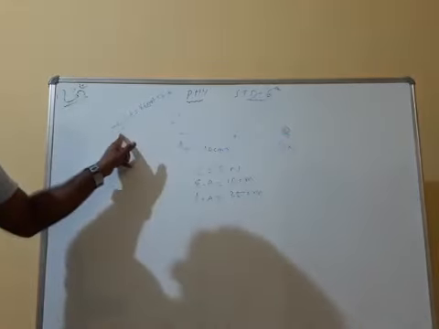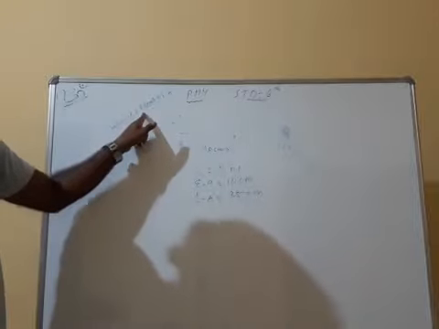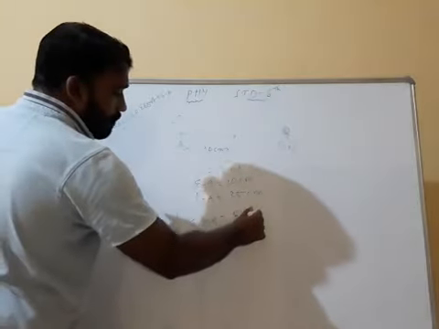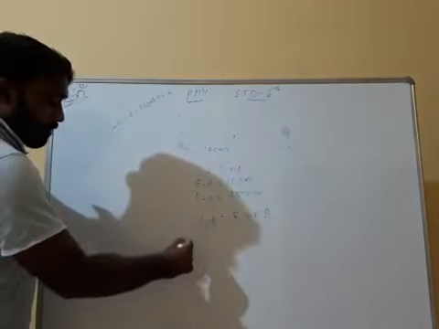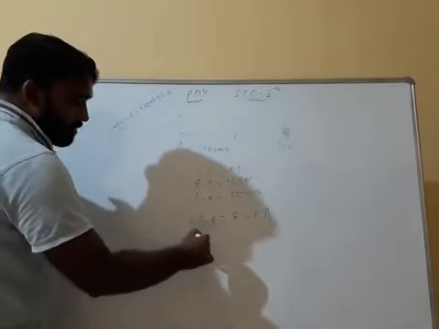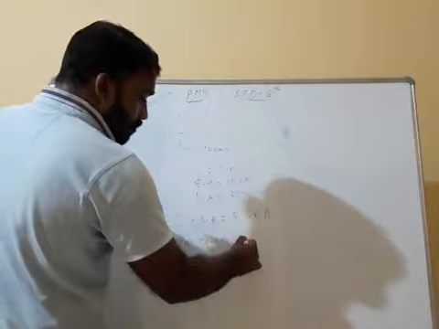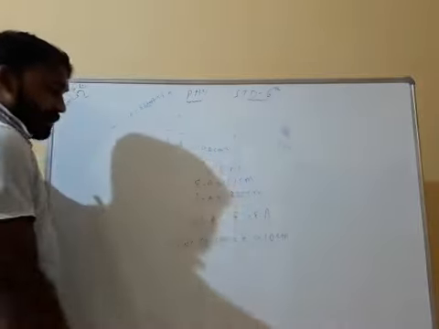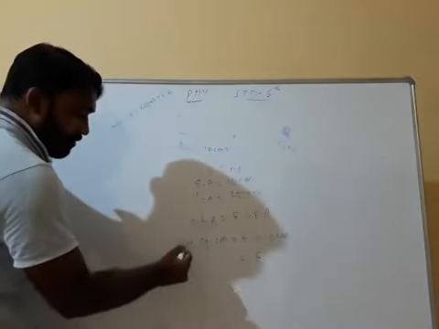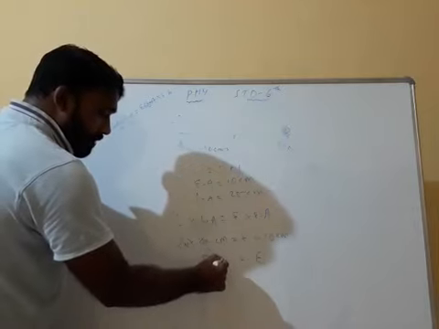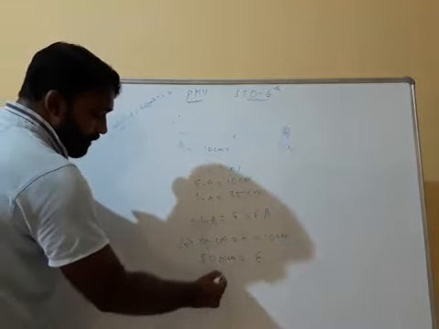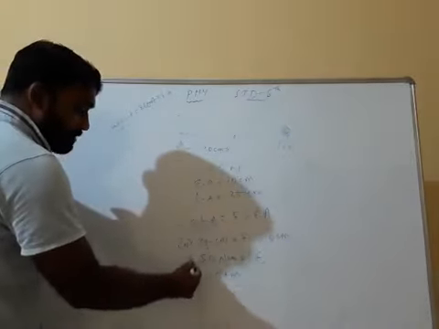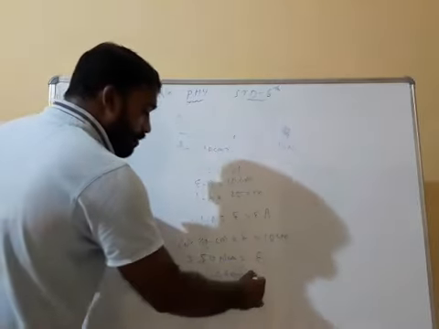Now put the formula. Load into load arm is equal to effort into effort arm. Load value 2 Newton into load arm 25 centimeter. Effort we don't know, so effort is E, into effort arm 10 centimeter. Now you keep effort on this side. 2 into 25, how much? 50 Newton centimeter divided by 10 centimeter. Centimeter cancels. 10 5s are 50. So effort is equal to 5 Newton.